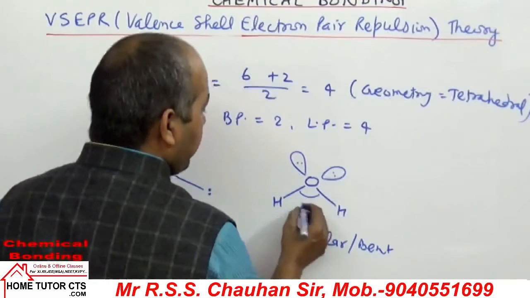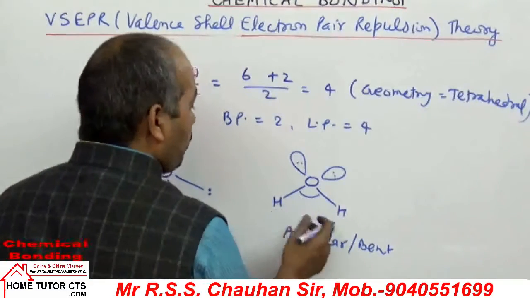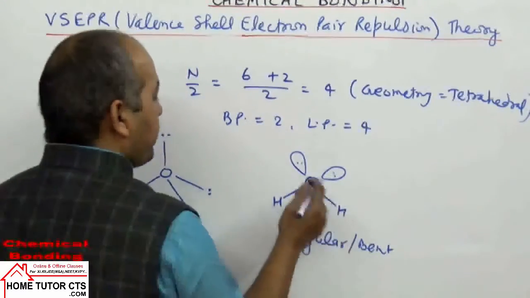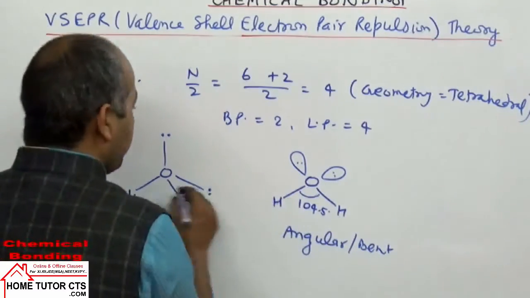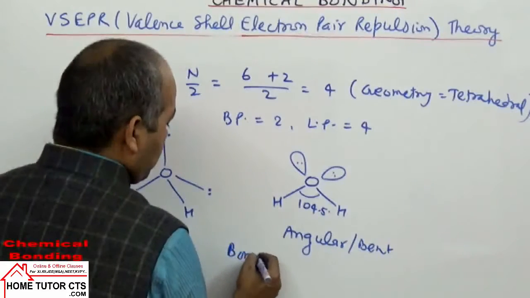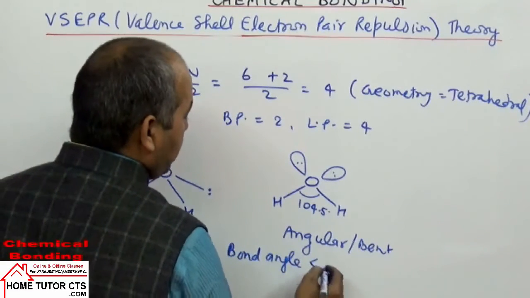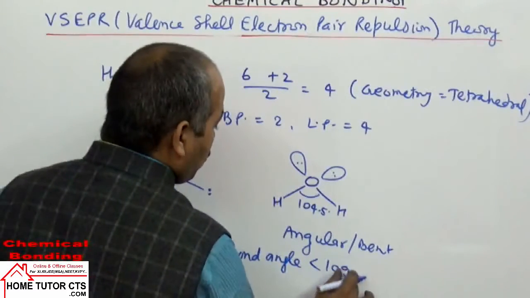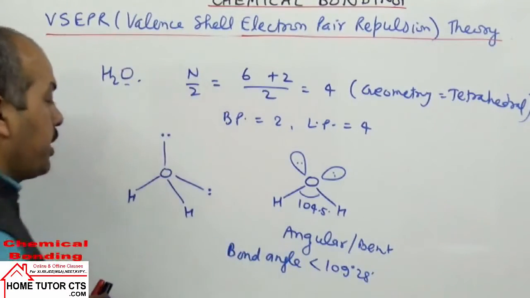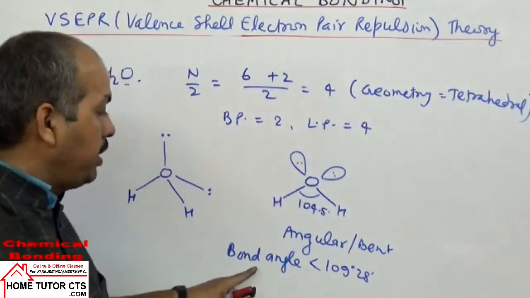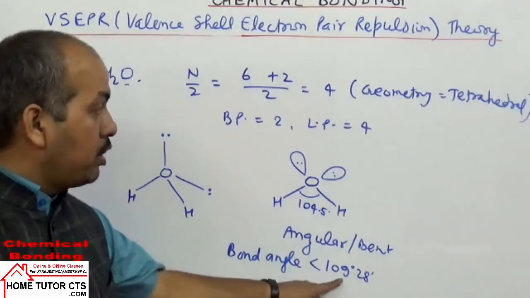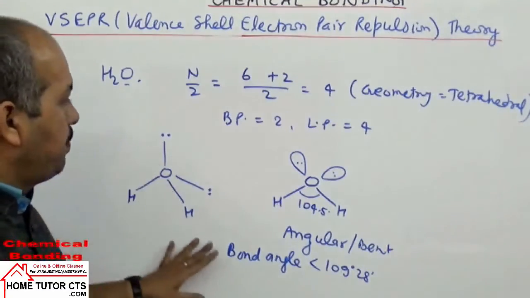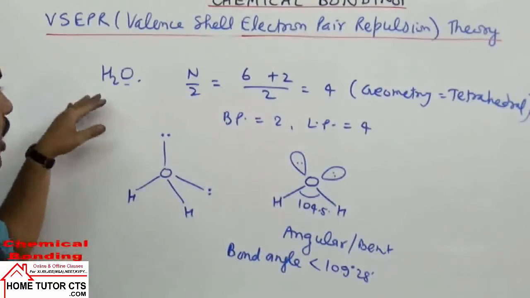In the water molecule, the angle is 104.5 degree. But in such a geometry, how much does the angle become? Bond angles here will be less than 104 degree. In such a case, the bond angle will be less than 109 degree 28 minutes, which is expected for the tetrahedral geometry. I hope it's clear. So that's the example taken up to N/2 4.